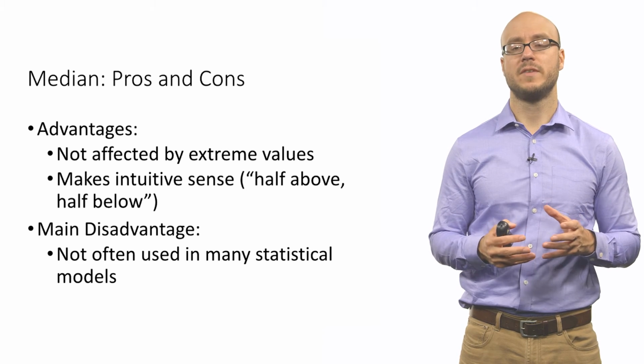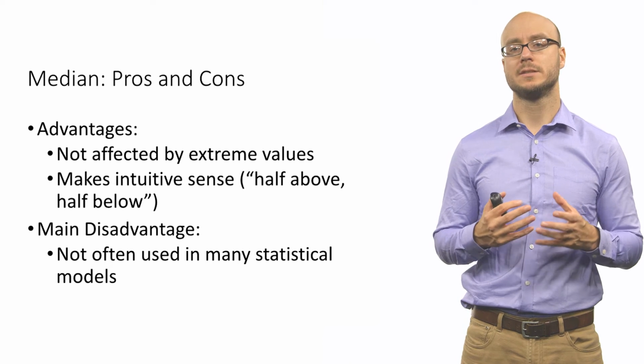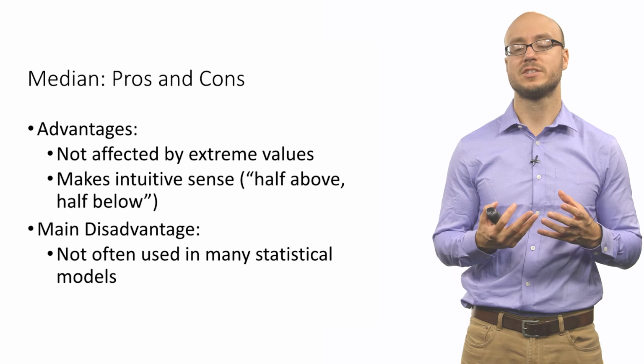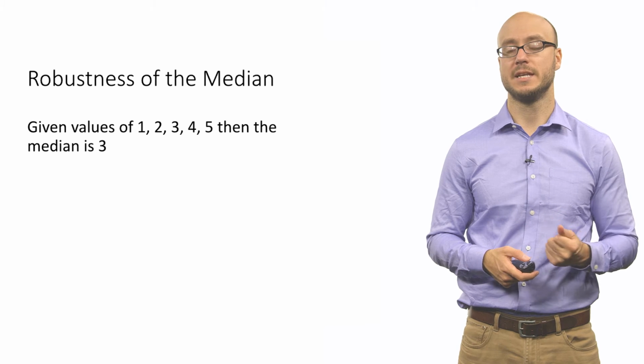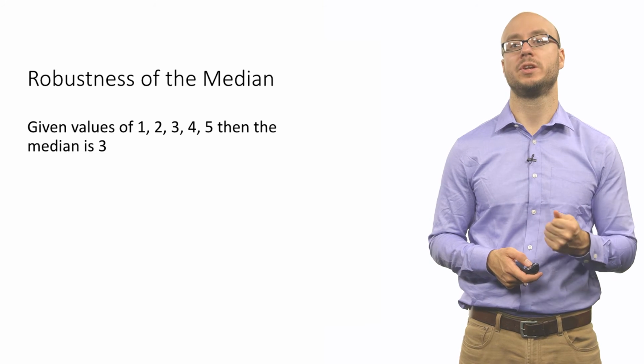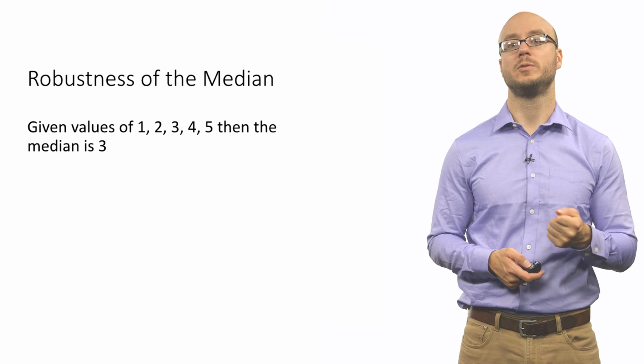There are some disadvantages. The main one is, it's not a true disadvantage, but it's a disadvantage in the sense that the median is relatively difficult to incorporate into other statistical models. As we explore more ways of analyzing data, you will see that the mean is commonly used. The median isn't used as much, and one of the reasons is that the median is a little bit more difficult to include in more detailed statistical models. But having said that, one major advantage of the median, especially as opposed to the mean, is that it is robust to outliers. To put it another way, it is not sensitive to outlying values.